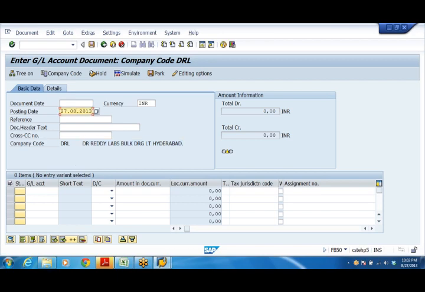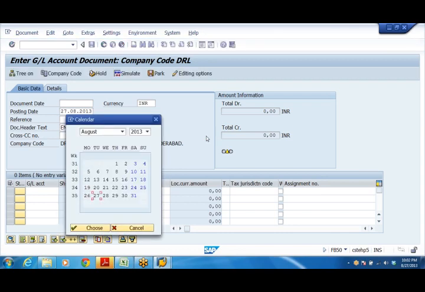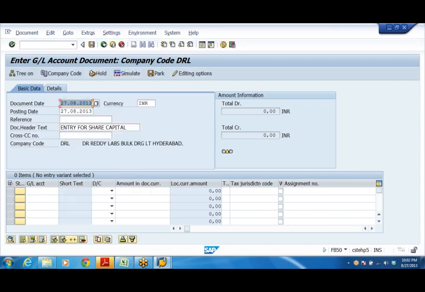Here document date, posting date, some reference, header text, etc. Entry for share capital. I'm taking say 27. To take it, I can give function F4 and F2. It will pick up the current date.